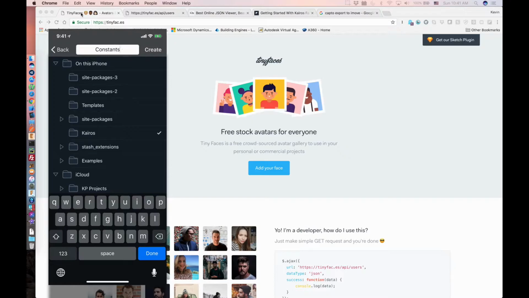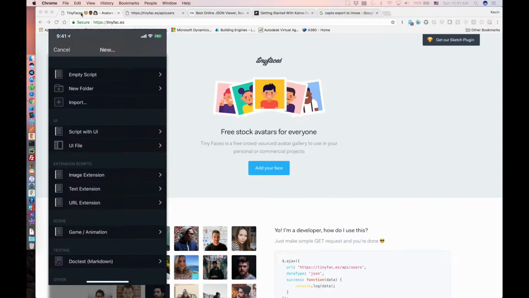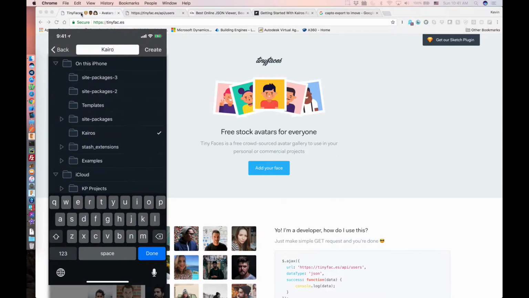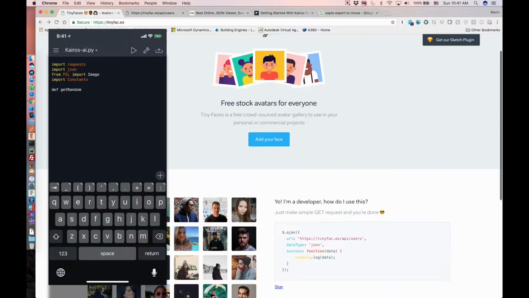One of them is going to hold my constants for the API, the API ID and the key, the Kairos needs. And then the other one will have all my Python code for the project. So I'm going to go ahead and import a couple of libraries that I need, and then get started on